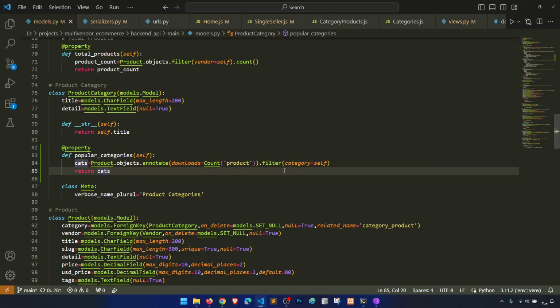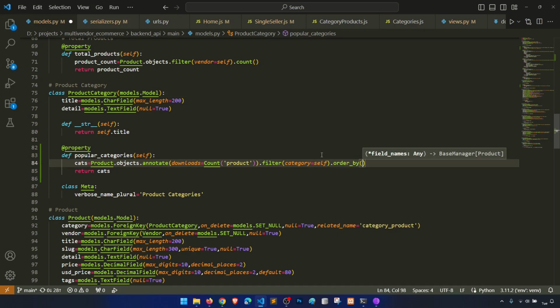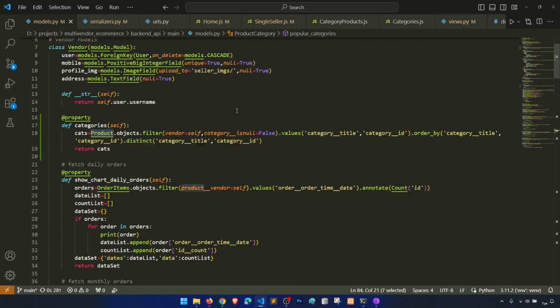And then we will say order by minus downloads or minus id, right? So downloads equal to, here we will say what we have defined in the